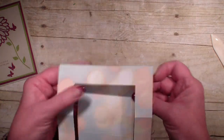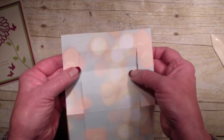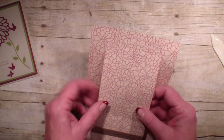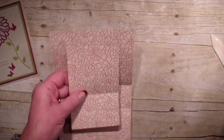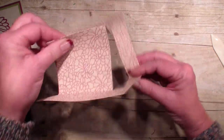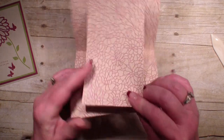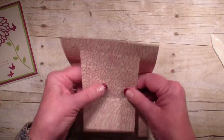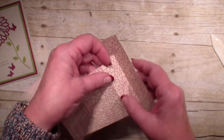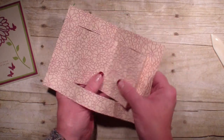And I see, oh, it looks like I missed. I scored just 1 inch on this side and 2 inch. Oh, that's right, 1 inch and 2 inch on this side. And then we've got this piece here. So this is going to fold up. The center is going to go down. This is going to go up, down, up, down. So it is looking